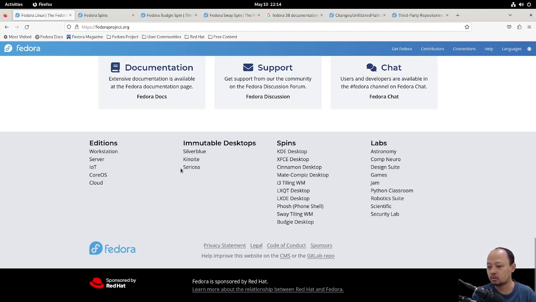I don't know how to pronounce it. Sericea is the immutable desktop version of Fedora with Sway tiling window manager.